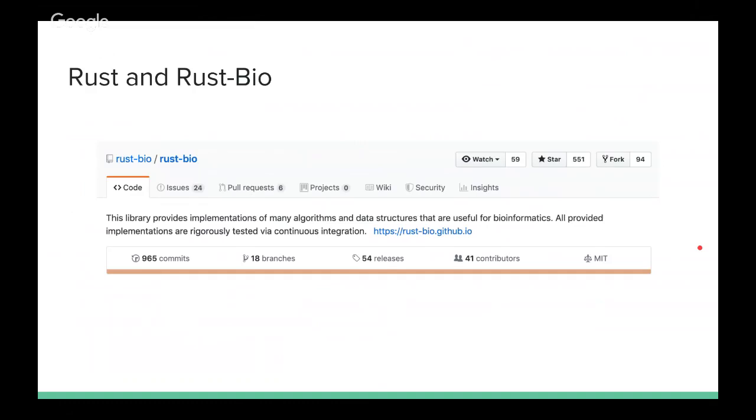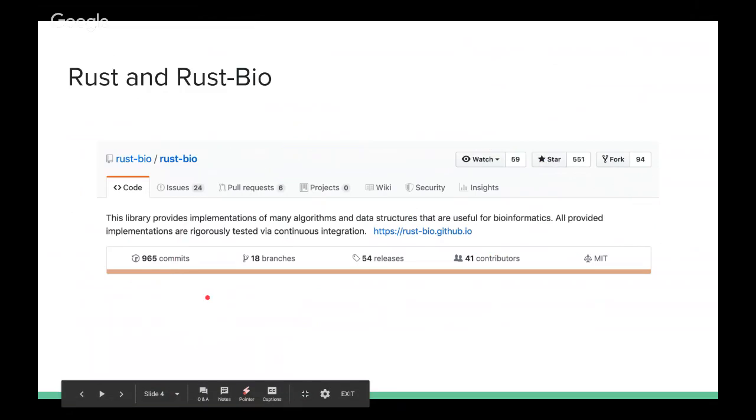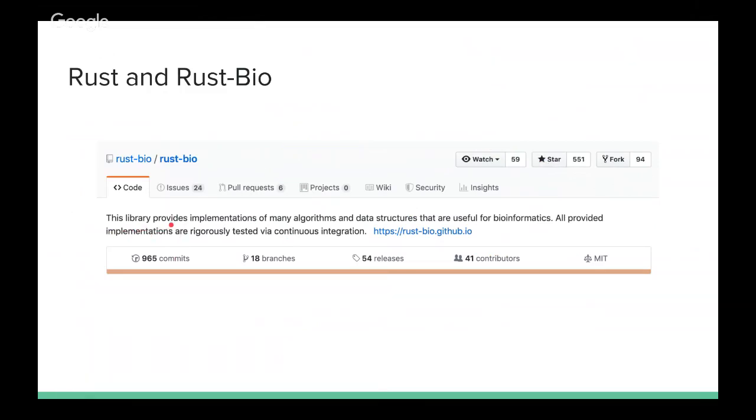So let's talk about Rust first. Rust and Rust Bio. Rust is a computer language. I'll give you some notions of what type of language it is later on. And there is a bio repository for the Rust computer language called Rust Bio in GitHub. This is the starting page of Rust Bio, which is a library or package that provides implementations of many algorithms and data structures that are useful in bioinformatics, all provided via rigorously tested continuous integration